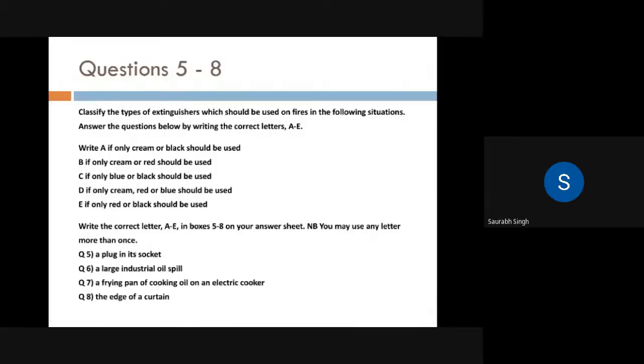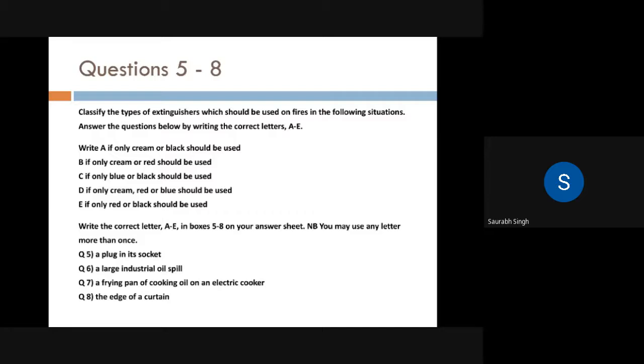Okay, so the 5th one is C. Yes, it's A and C. Both are correct. Anybody has written A for it? Yes, ma'am. Okay, it's okay. I'll just tell you how it is. A large industrial oil spill. 6th one is